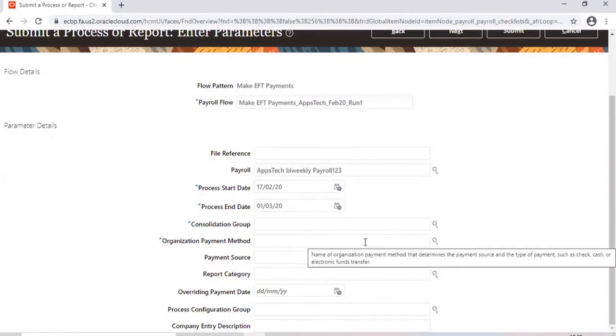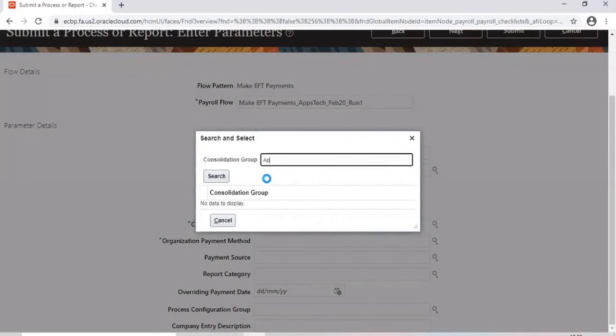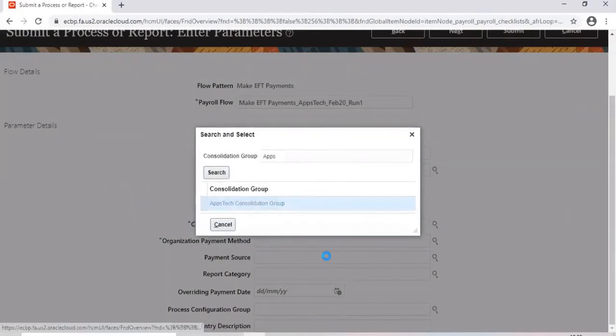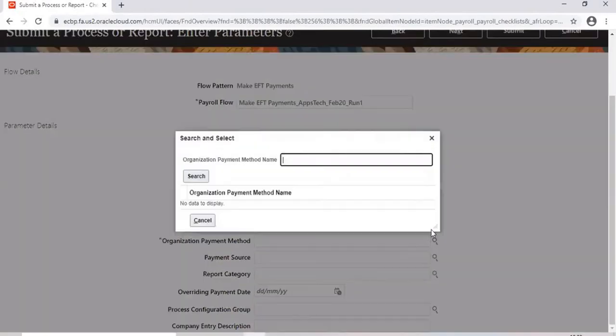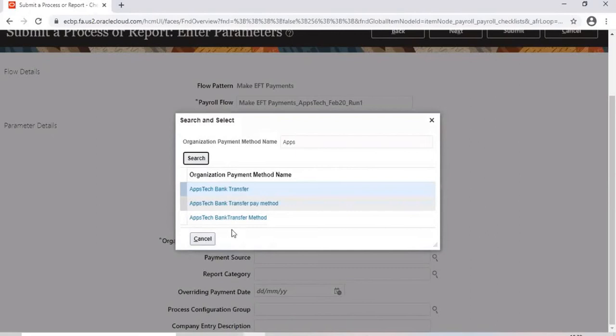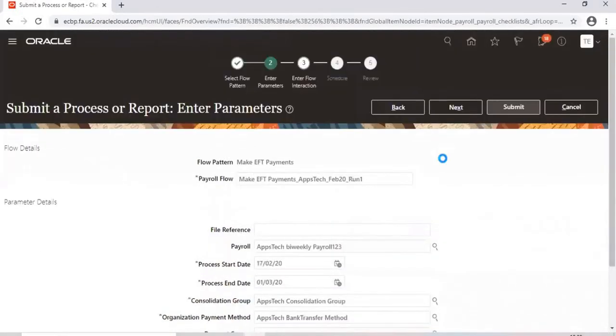Because as I said, if you have multiple payrolls, you don't have to select the payroll here. It takes care of all the payrolls for this. Then payment method: if you have any bank and check, two different things, then you have to process this separately. Ours is bank transfer, this one. Yeah, this one. So pretty much that's it.